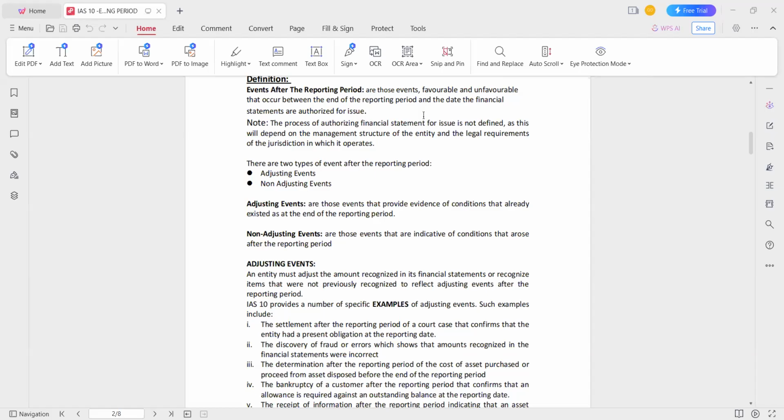Yes, sir. All right. And I'm saying it on a lighter note again that if you are an auditor or you are the one reviewing the financial statement of your entity, if you want to comply with IAS 10, what should come to your mind is what is the financial year end of this company? Some companies' year end is 30th June. Some companies' year end is 31st of August. Note it, and when was the financial statement authorized for issue. These are the two dates that you must establish. Then between these two dates, that is the focus for the financial auditor or the financial analyst or whoever is making use of the financial statement.